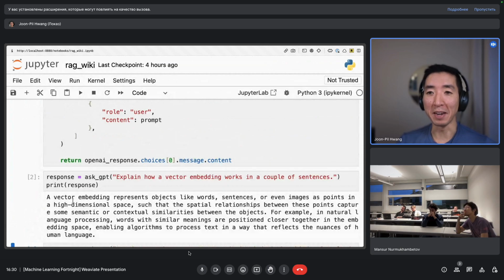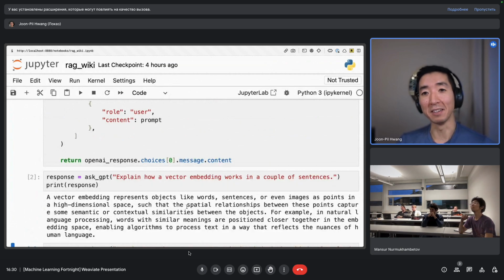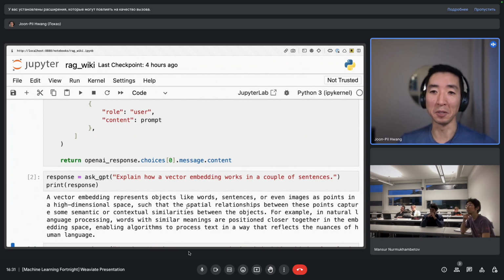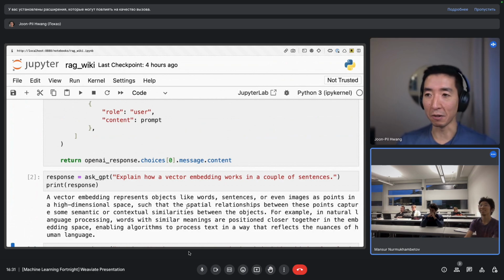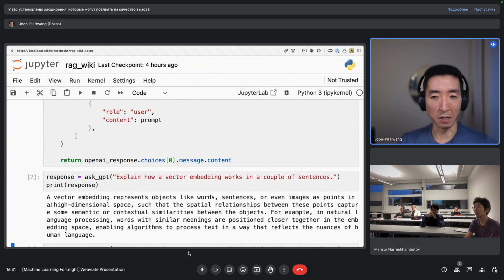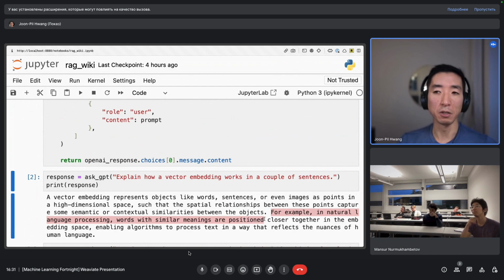It says vector embedding represents objects like words, sentences, or images as points in high dimensional space, such that spatial relationships between these capture some semantic or contextual similarities between the objects. A little bit more academic than what I personally prefer, but it's fairly accurate, right? High dimensional space, as in whatever number of dimensions, like 1,500-ish in OpenAI's case or what have you. And in natural language processing, words with similar meanings are positioned closer together. So that's what we spent the time talking about.